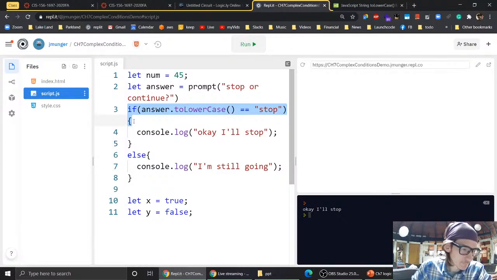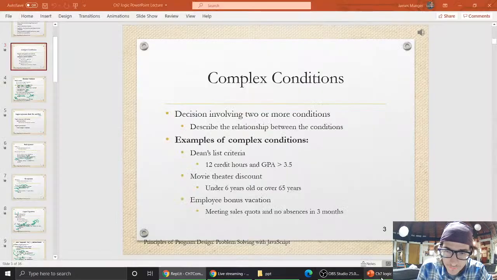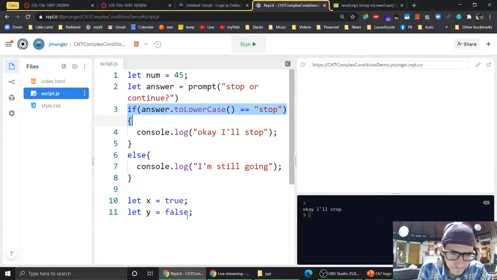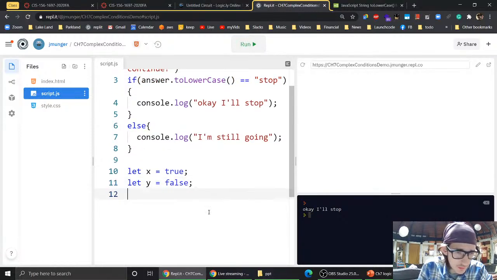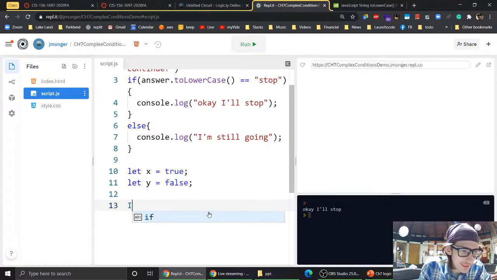All right. So we're focusing on and or. The not operator, let's talk about that real quick. It's probably the simplest one here, but it can make things very complicated when you're using it with and or. Basically, you know, if